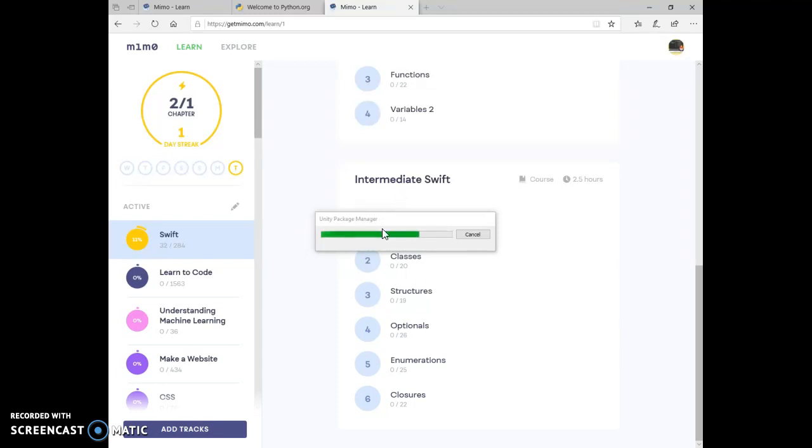It does take some time to download Unity, but as I said, it's very good and actually it's not that expensive.